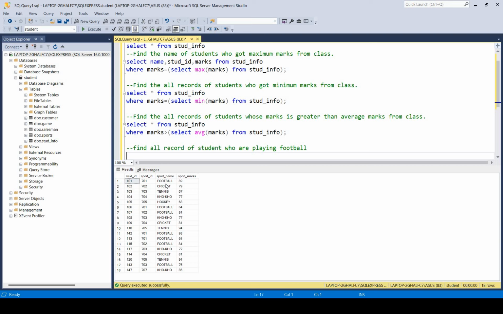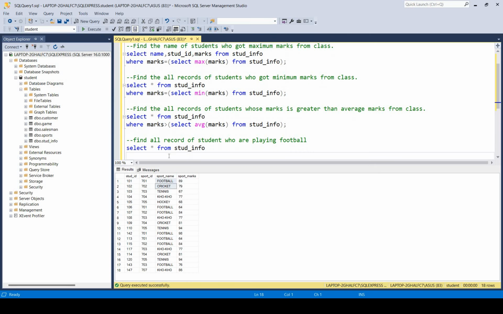This record is available in a sport table, and the student name is available in a student table. So what should be my query? Just write the query here, select name. With the name I just print, okay, not only name, all records. So I use the star from studinfo. My table name is studinfo, where